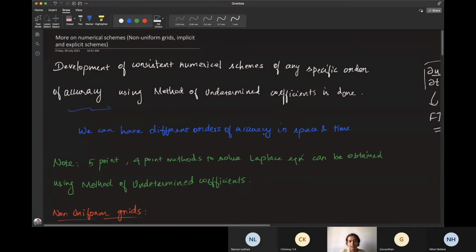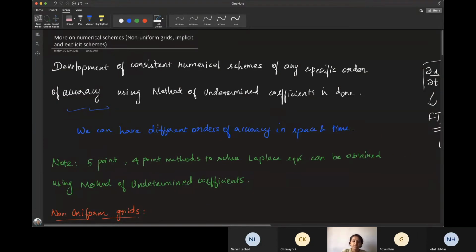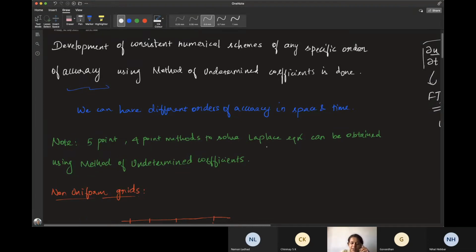We have seen it last time, and you have also told me that you have gone through the Laplace equation, that is the 5-point and 4-point methods, that is the diagonal 5-point and star kind of methods, right? The square, you would have gone through such methods. Yes, ma'am. So those kind of methods also can be derived by using the method of undetermined coefficients. I just wanted to make you realize that it's possible for you to obtain the expressions that you get in these 5-point, 4-point methods from the method of undetermined coefficients also.